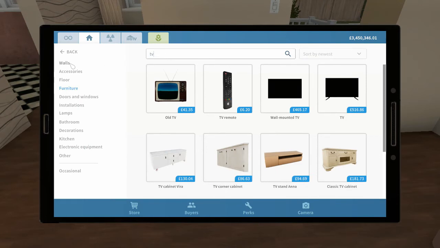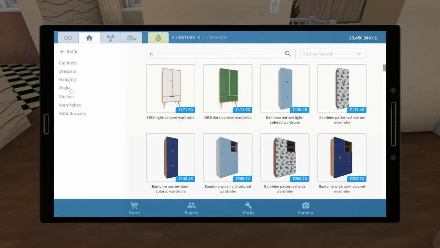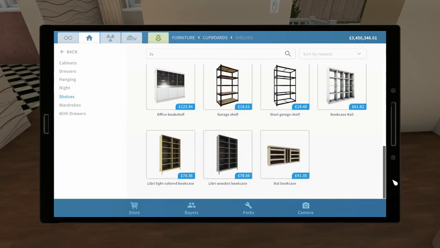You want a small cupboard. We've got quite a narrow space of wall there, so we want something that's going to...